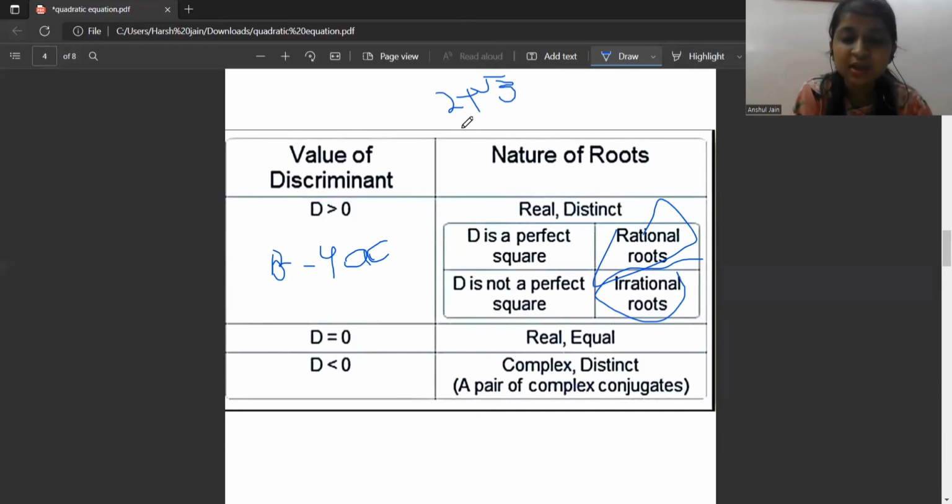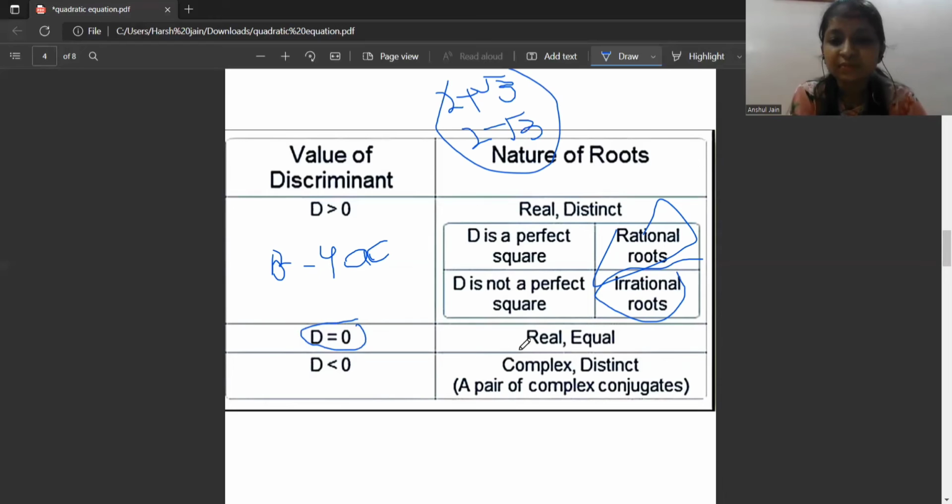Irrational. Then my second root is 2 minus root 3, right? So these are the conjugate surds of each other. If my discriminant is 0, now the second case, then my roots are real and equal. Both are going to be equal. Here distinct, here equal. If my discriminant value is less than 0, then my roots will be complex and distinct,